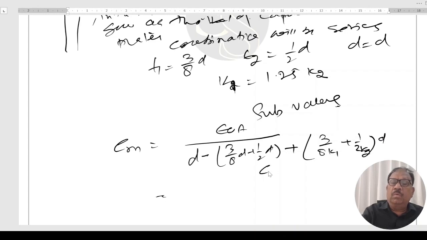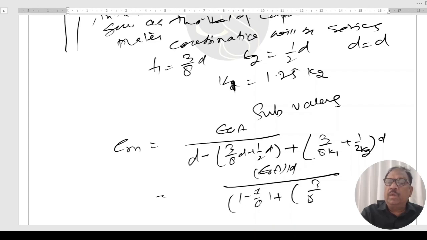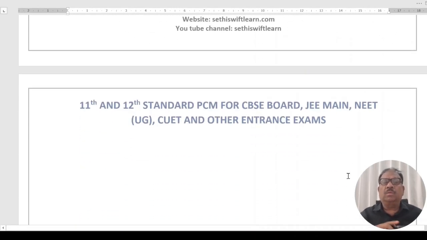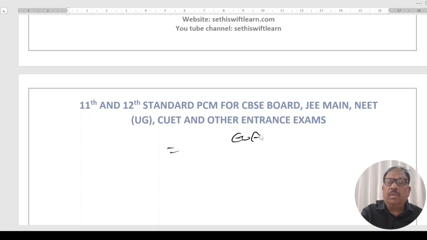Taking d common, it becomes 1 minus 7 by 8, plus 3 by 8 into 1.25 K2, plus 1 by 2 K2. d is taken common. This is equal to epsilon naught A by d upon